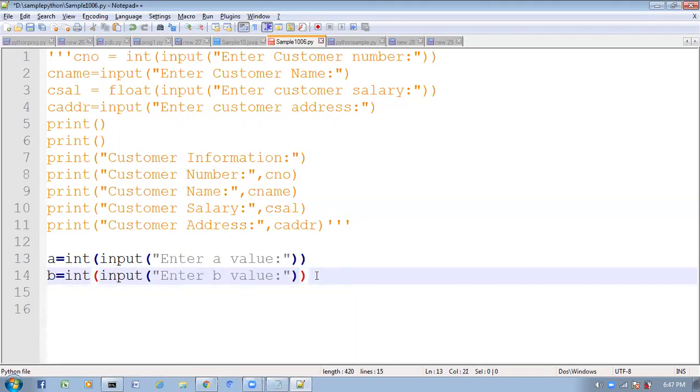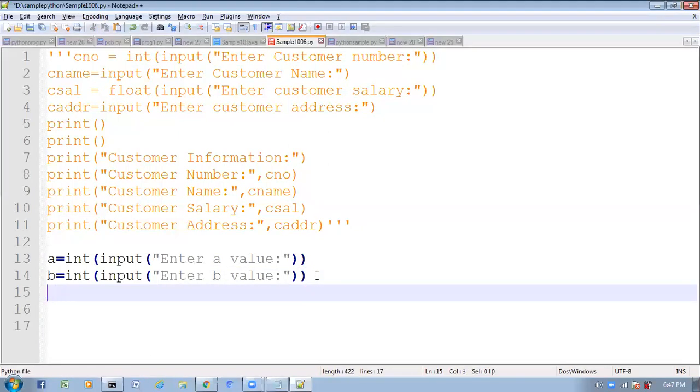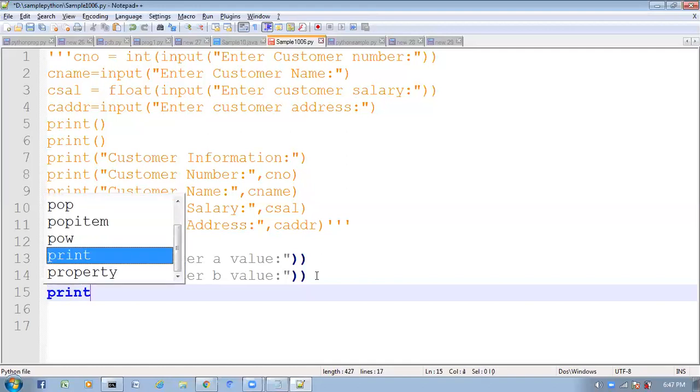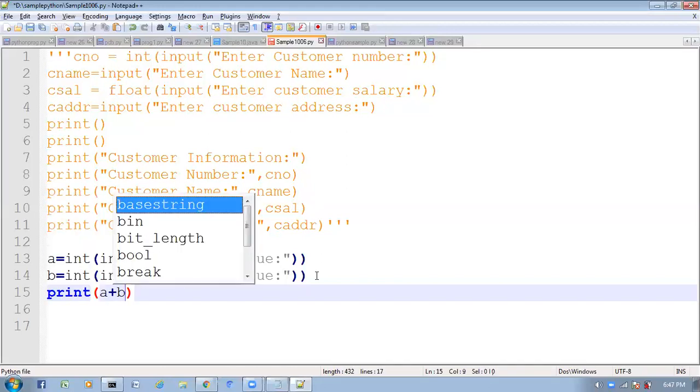So like this I took it here. Now finally, print a plus b. Now observe very carefully.